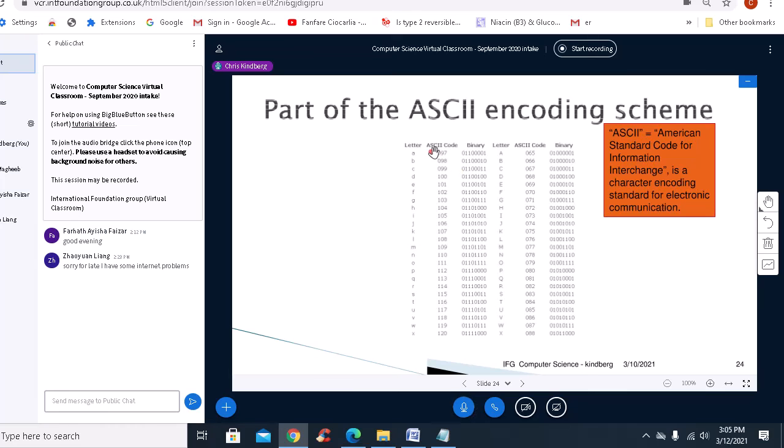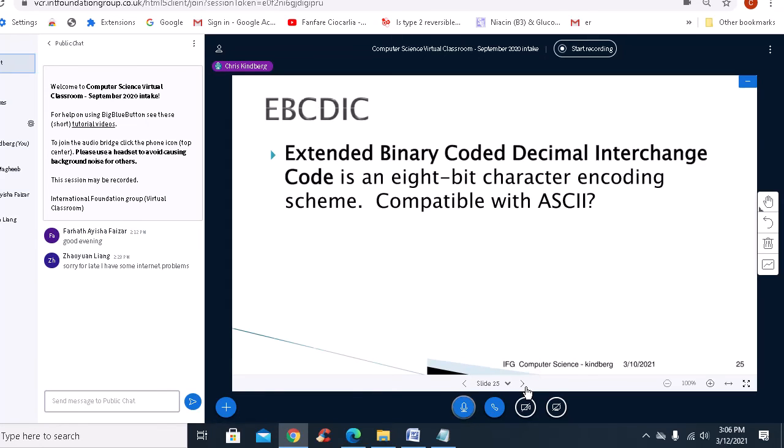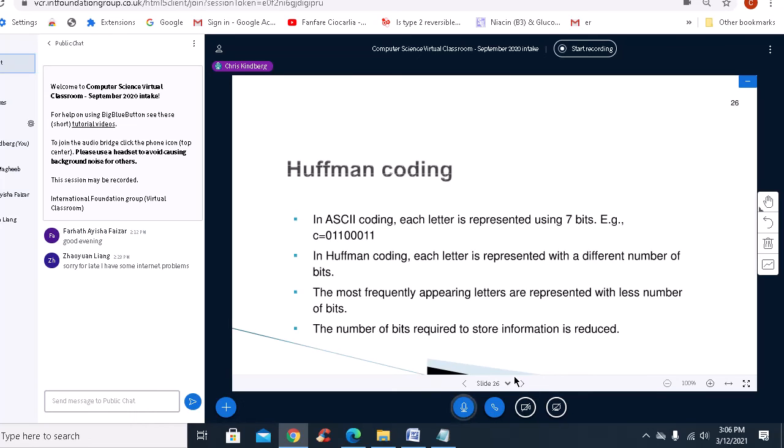Okay, so hopefully when I say that if we want to represent some text by means of ASCII, there's an implication for storage because each letter requires 8 bits of storage. So let's carry on. There's EBCDIC, which I mentioned. In ASCII coding, each letter is represented not by 8, but 7 bits. It's got a leading 0, in fact. So the letter C, lowercase, is